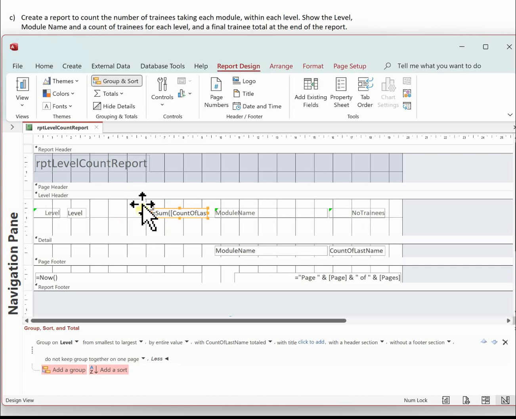I'll narrow it down because again it's only going to be a small number, it doesn't need to be that wide. And now I'm going to put on a label which tells me what that total is. So we've got controls, label. And in here if I put total trainees,